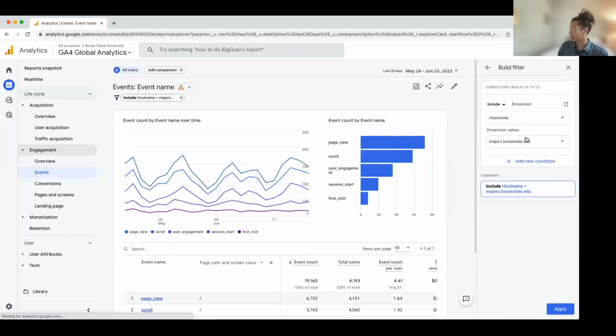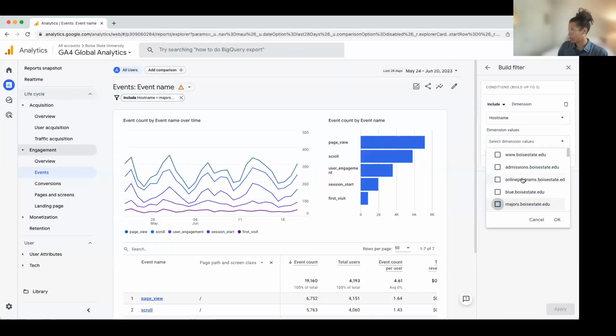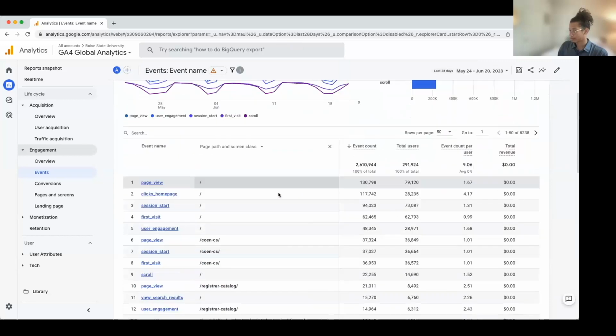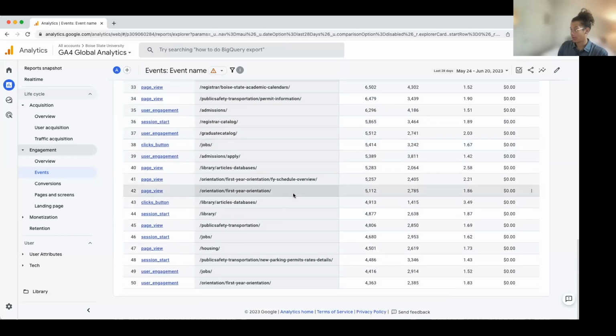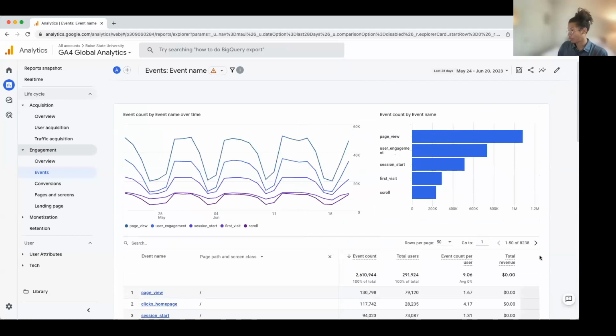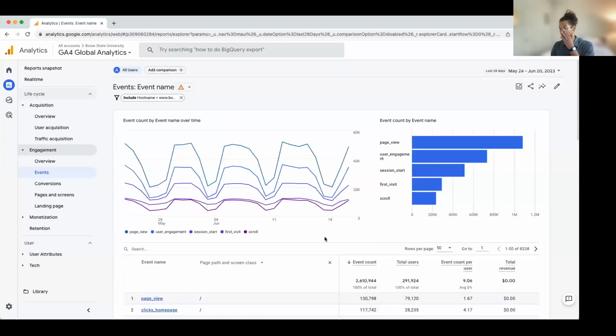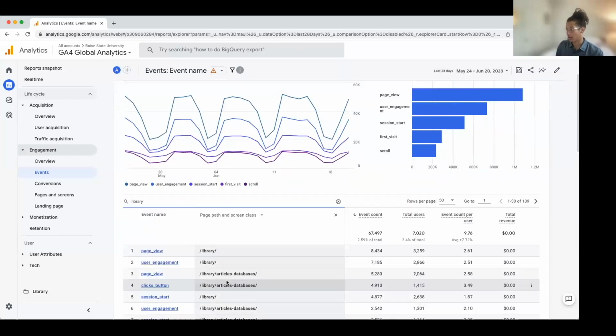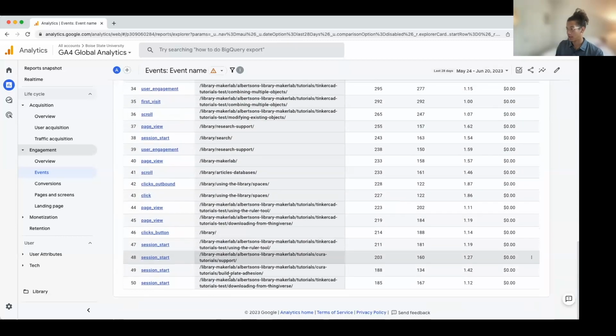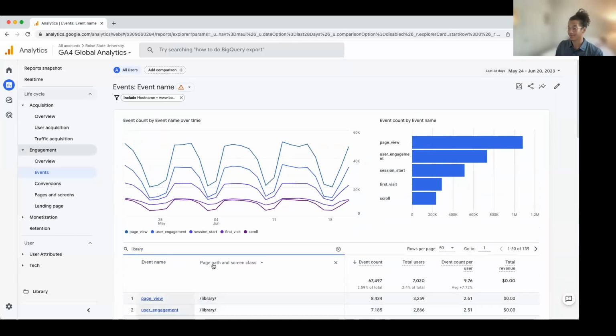But if we look at, let's change it to another one. So here we have many, many more that show up, over 8,000 lines. So this is when it's going to be helpful to search for what you're looking for. Let's say we're looking for slash library, we can just search that in. It's still a lot, but it helps a little bit.